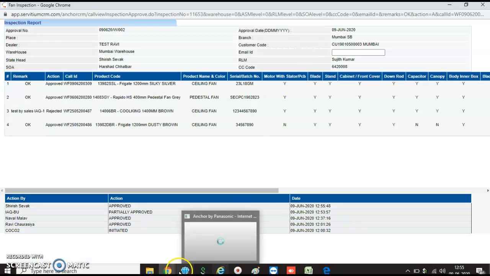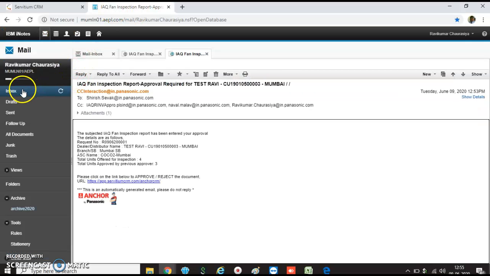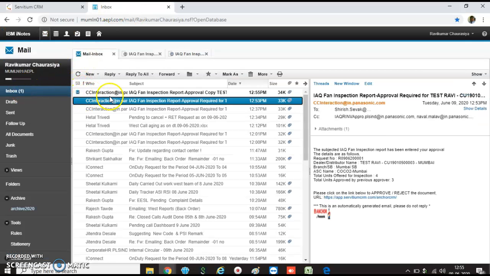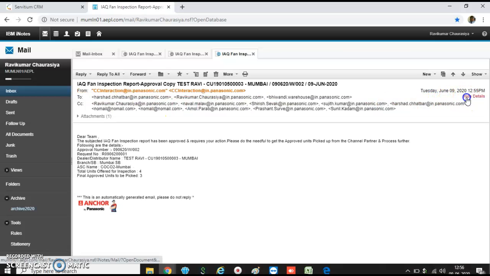And after that, the final approval will come on mail with CC to everybody, including the warehouse, ASI and accounts, CC to everybody who has given the approval. Okay,